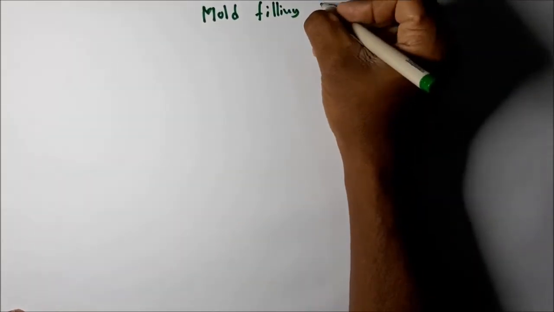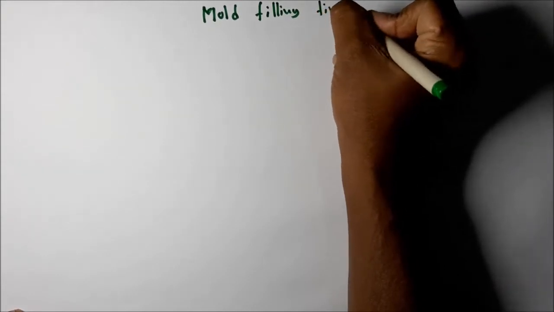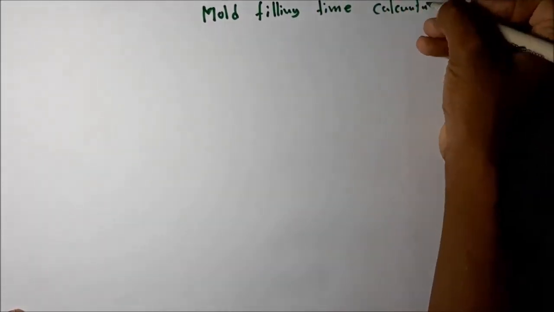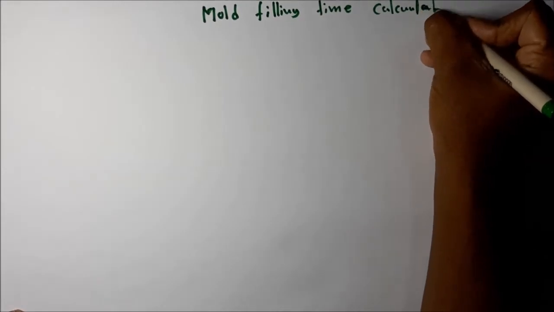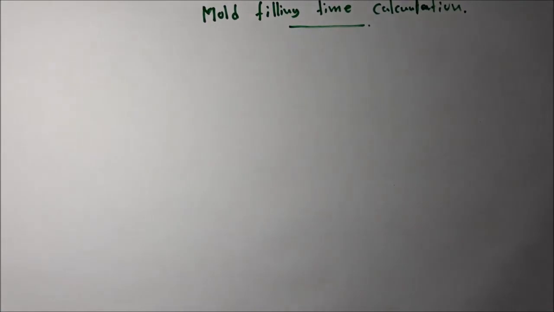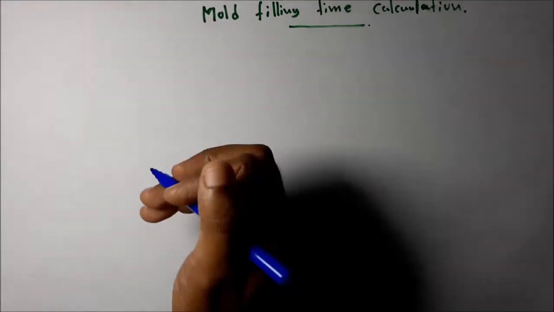Mold filling time calculation. Mold filling time means, when molten metal is poured, the time taken to fill the complete cavity of the mold is called mold filling time. That means,